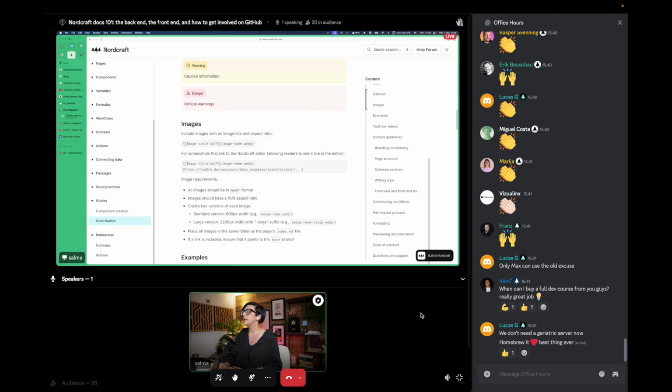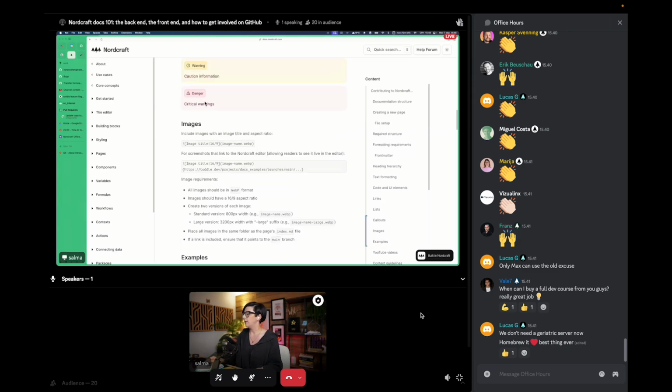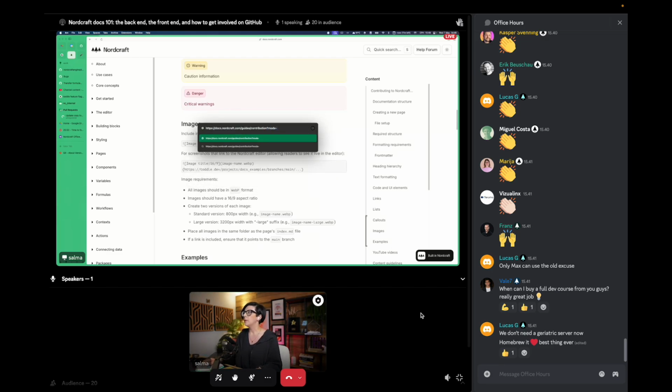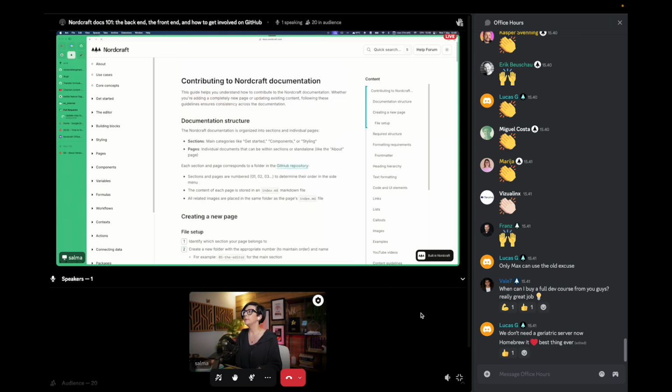Mode equals preview. Hang on. Why is that not previewing? I think it's because I've got a little this thing here. Mode equals preview. Okay. So I know I'm on Nordcraft Engine documentation, and my branch is called add link to